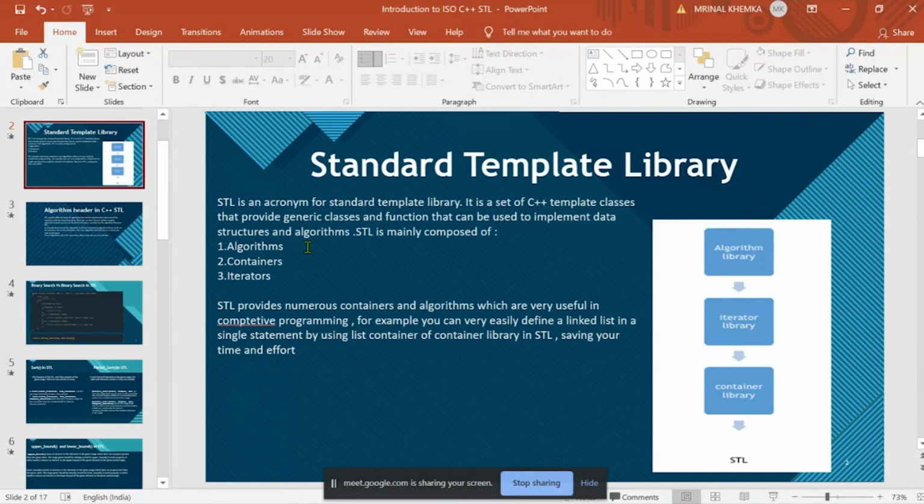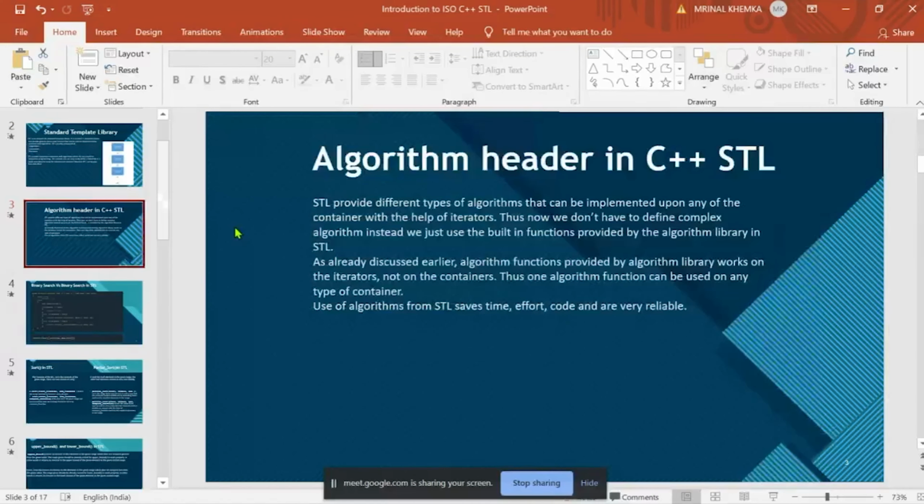So let's see first what is the algorithm header in C++ STL. STL provides different types of algorithms that can be implemented upon any of the containers with the help of iterators. Iterators are basically pointers that point to the location at which memory is allocated. These are basically the pointers in STL. Thus, now we don't have to write complex algorithms. Instead, we can use built-in functions that are provided by the algorithm header in STL.